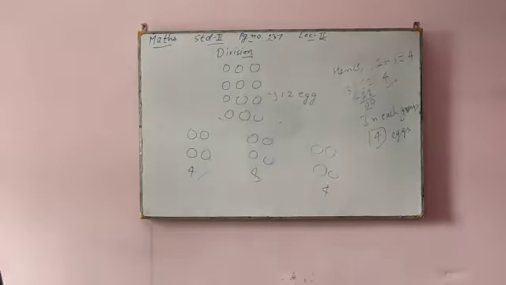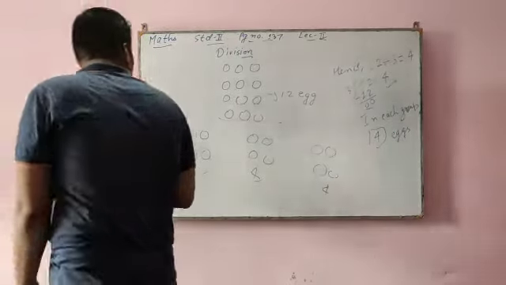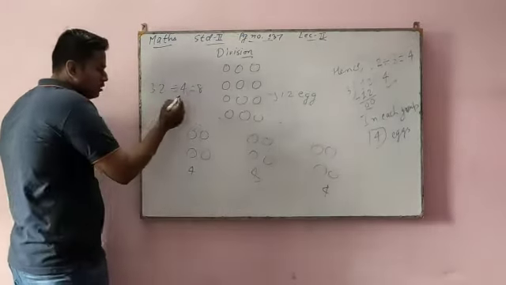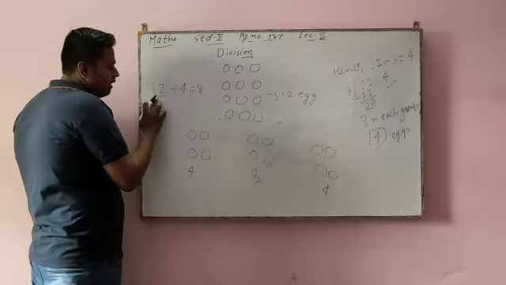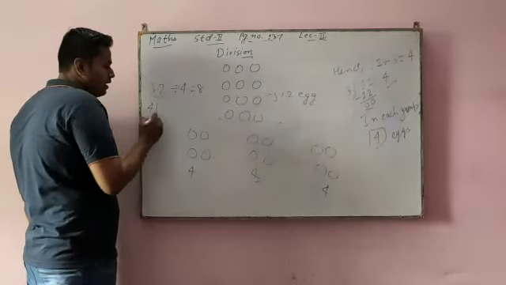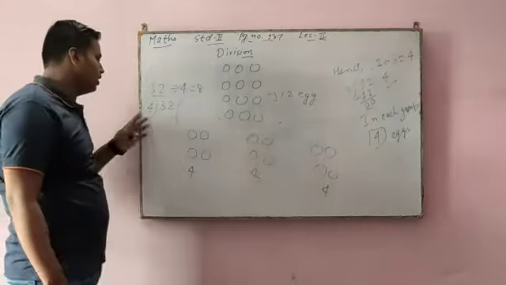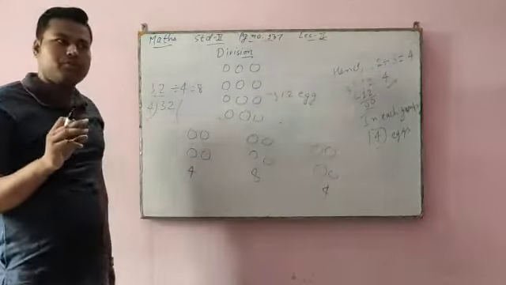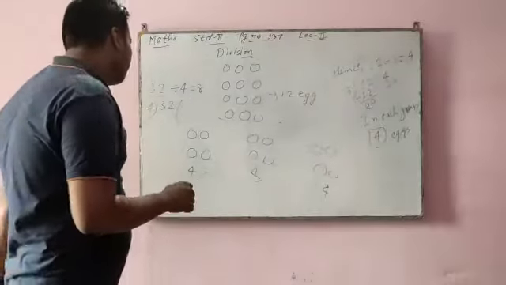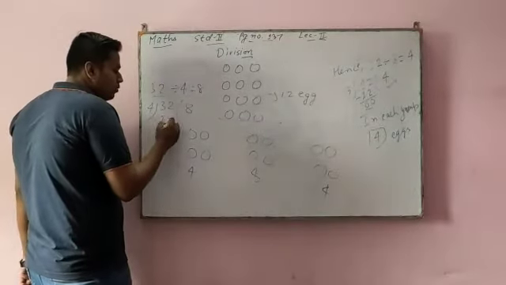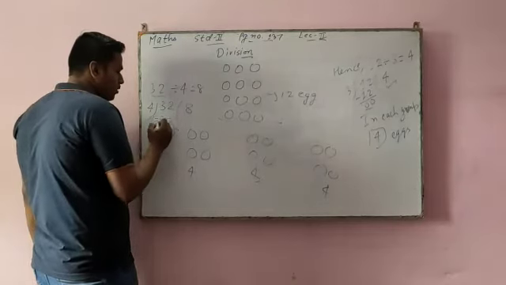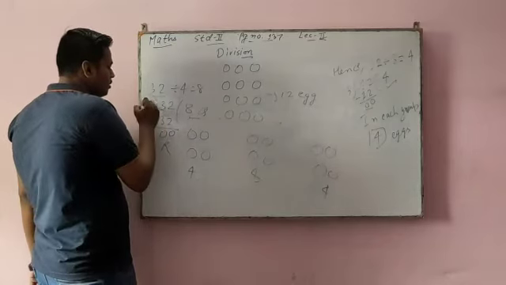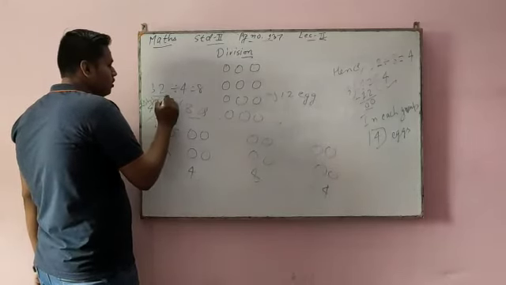Okay, students, same here: 32 divided by 4 is equal to 8. How will you see it? It means you have to divide 32 by 4. 4 you will write here, 32 you will write here. Read the table of 4. If 32 is in the table of 4, read: 4 times 1 is 4, 4 times 2 is 8, 4 times 8 is 32. By 8 times you will get 32. Now subtract: 2 minus 2 is 0, 3 minus 3 is 0. So this 8 is the quotient, this 0 is your remainder, this is called your divisor, this is called your dividend.